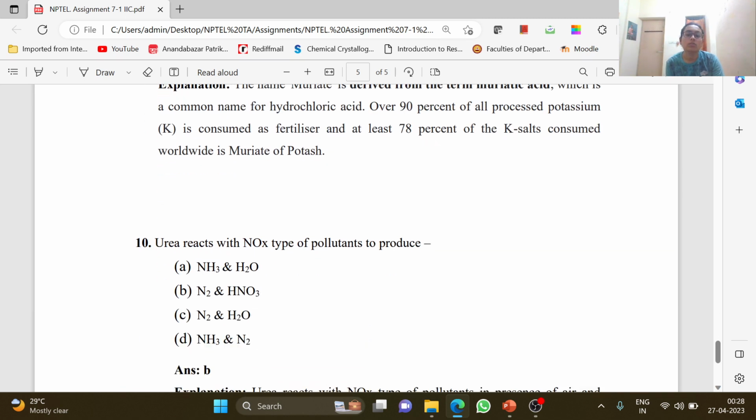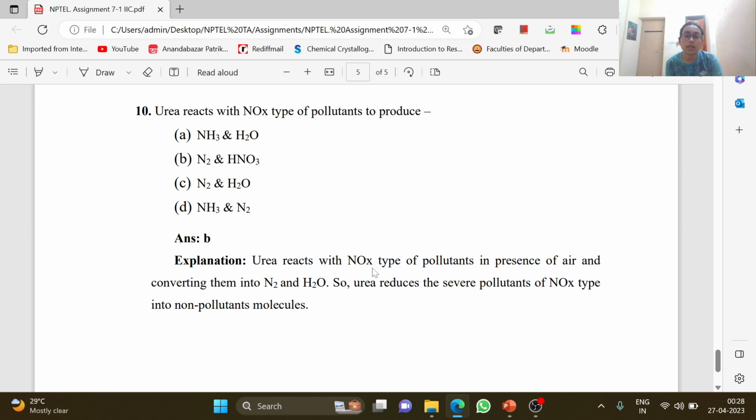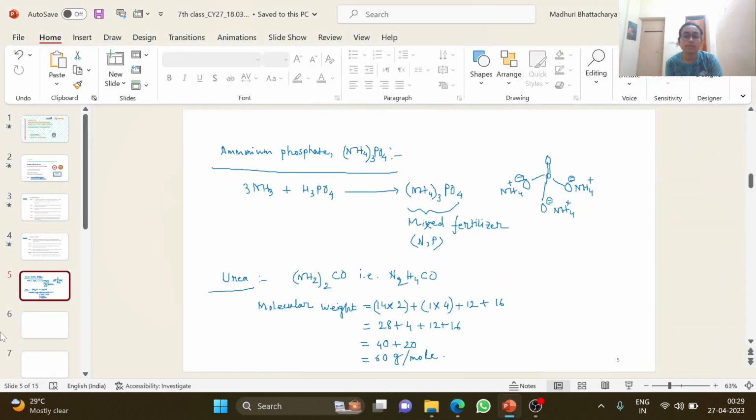Then urea reacts with NOx type of pollutants to produce NH3 and H2O, N2 and HNO3, N2 and H2, or NH3 and N2. The correct answer will be N2 and H2O. So urea reacts with NOx type of pollutants in presence of air and converts them into N2 and H2O. So urea reduces severe pollutants like NOx into non-pollutants like nitrogen and moisture molecules. So the reactions involved are